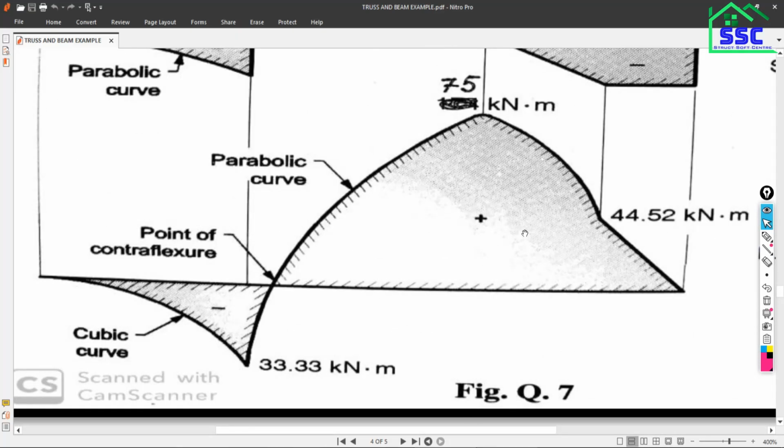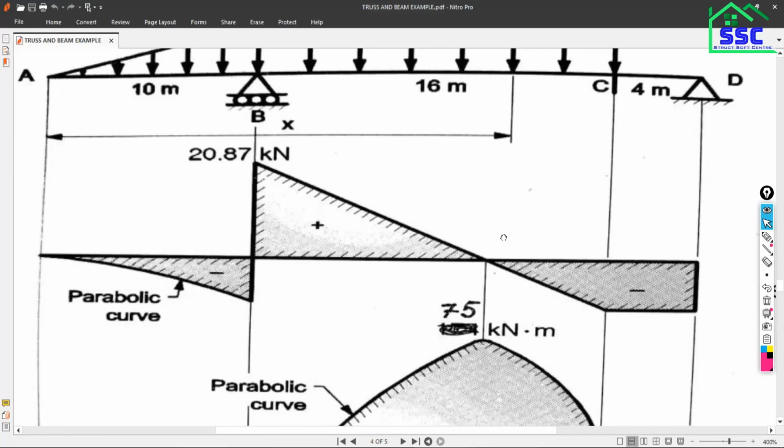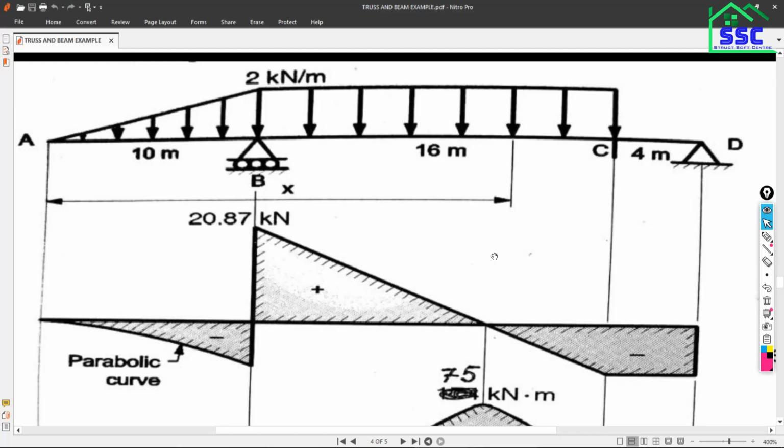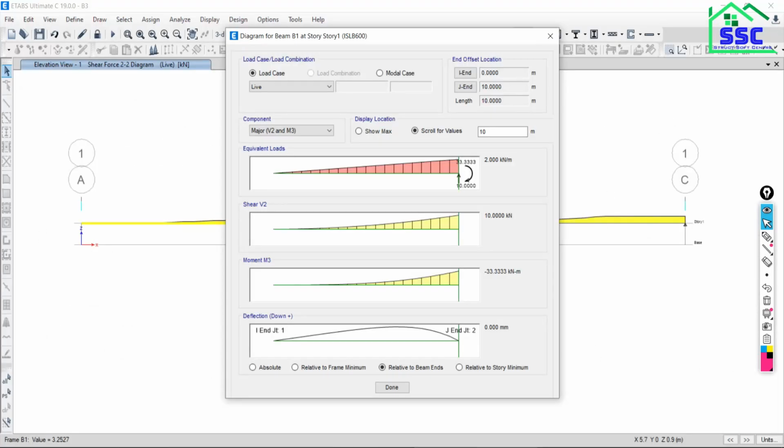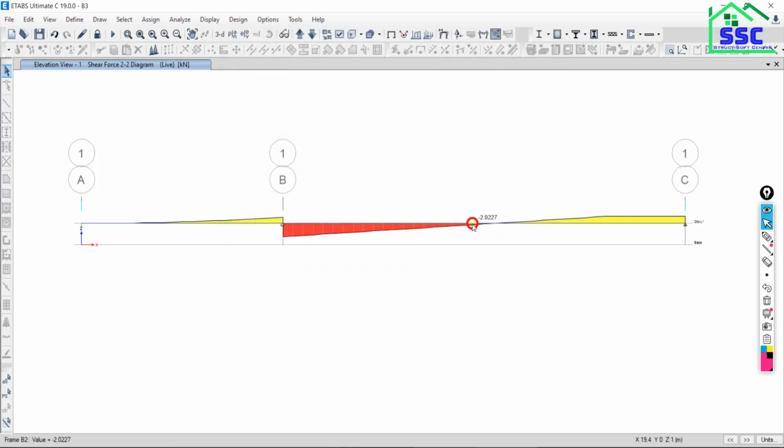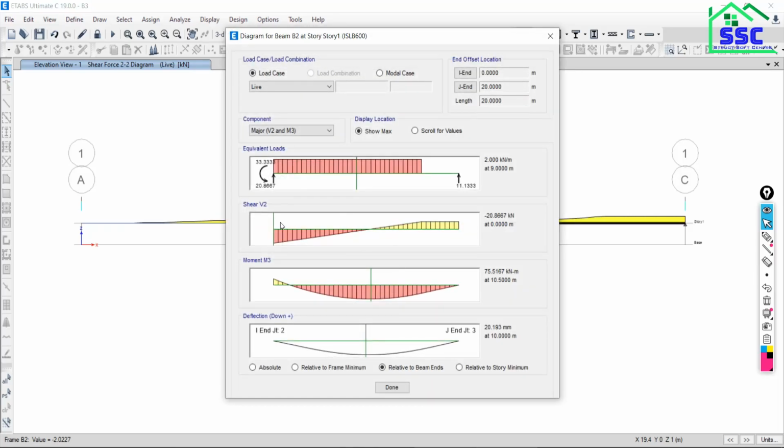So at a distance of, just right click over this frame. On the left side the moment is 75.1567. Go back to ETABS.